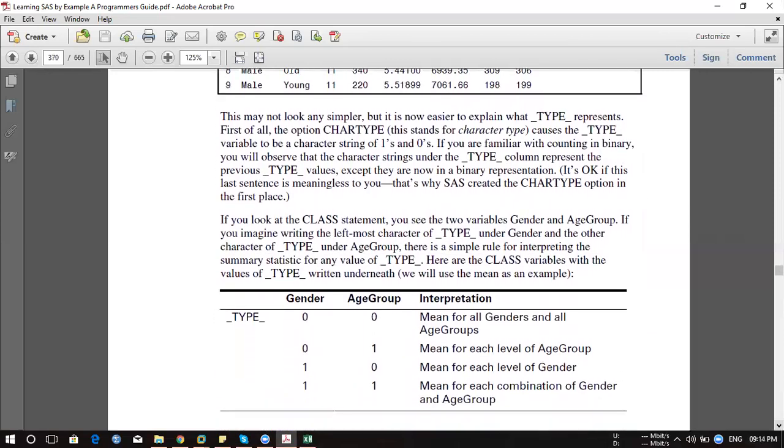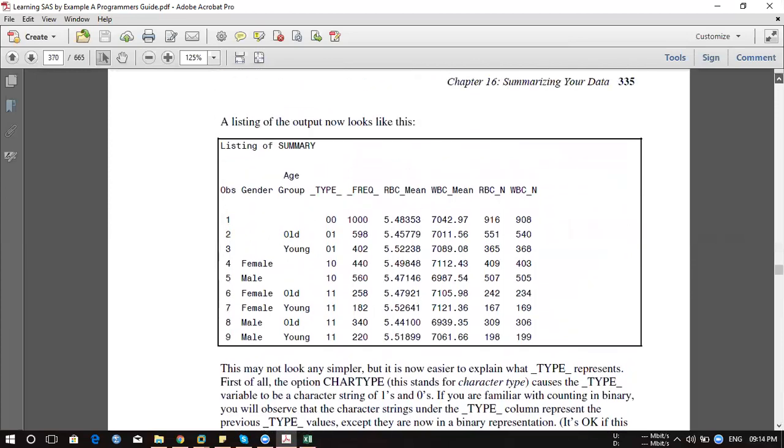Look at this. When you say 0, 0, it means mean for all gender and all age groups. When you say 0, 1, it means mean for each level of age groups. When you say 1, 0, mean for each level of genders. When you say 1, 1, mean for each level of combination of gender and age groups. Now we'll go back.